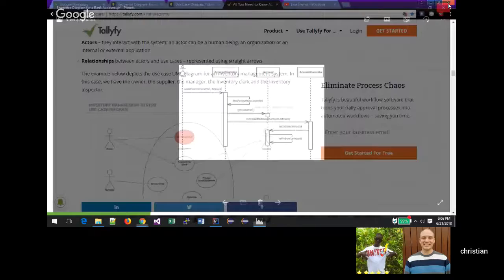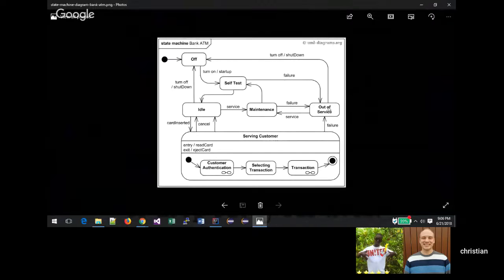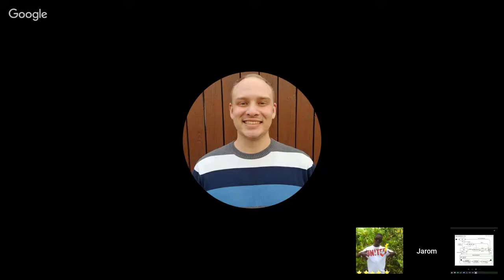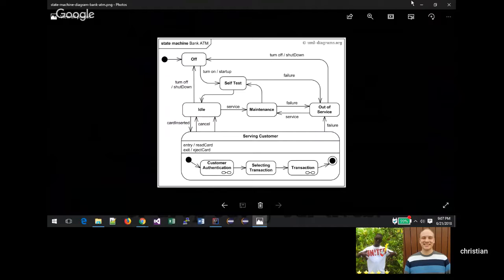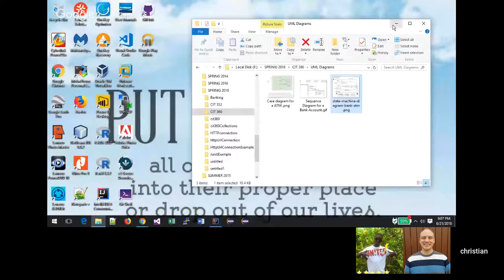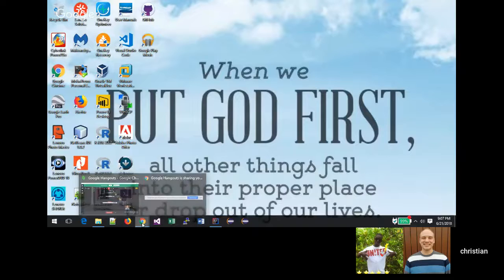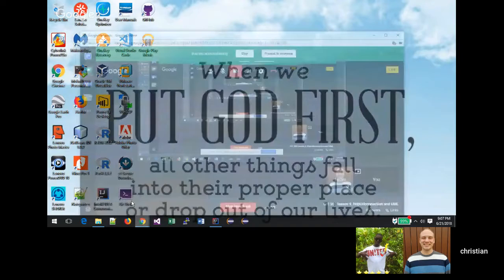And then for the third one, the state diagram, I did the state machine diagram for the ATM, which is basically how the ATM works. It looks kind of like an electrical diagram. That's cool. But yeah, I'll share those links with you so you guys can have an idea